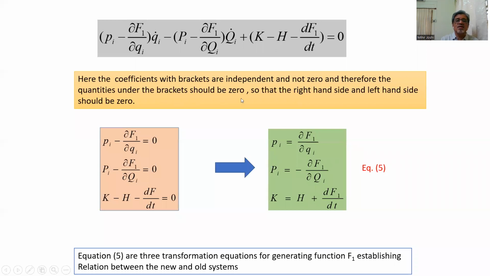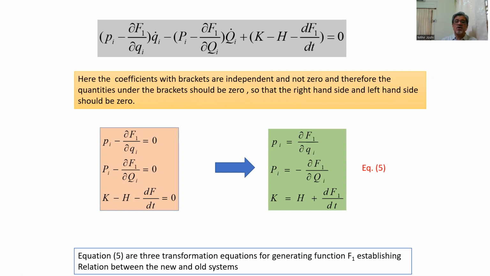So assuming that the first quantity, pi minus del f1 by del qi, is equal to 0, then capital Pi plus del f1 by del capital Qi is equal to 0, and the last bracket K minus H minus df1 by dt